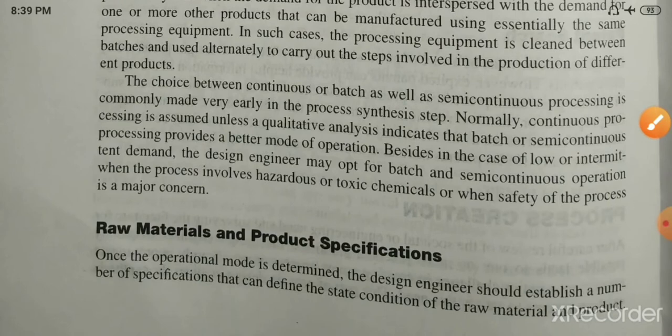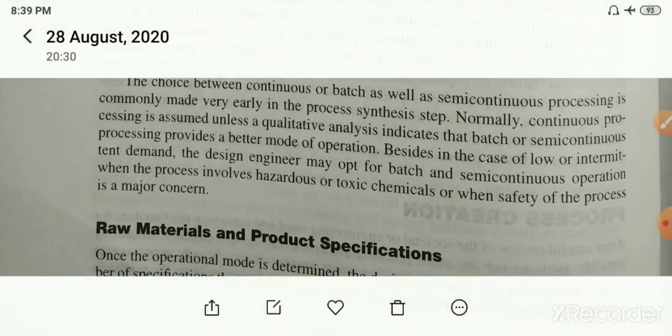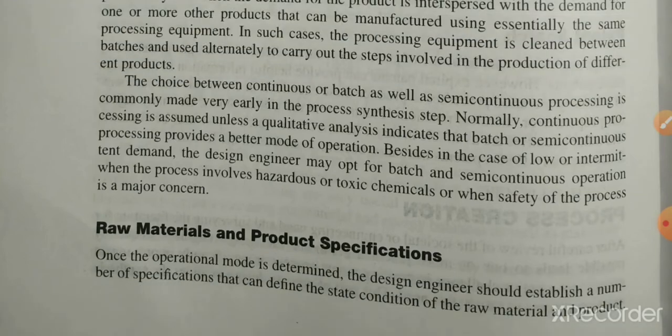Okay, the choice between continuous or batchwise operation. Okay, which one? Batchwise operation. And these processes, as well as semi-continuous processing, the choice is commonly made very early in the process synthesis step. Normally it will come on the basis of continuous. Okay, the continuous processing is assumed